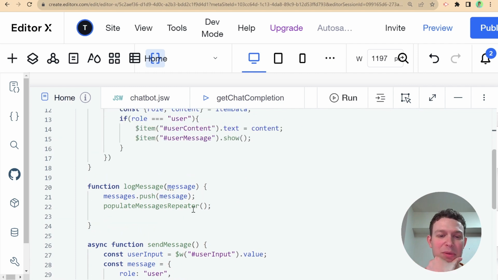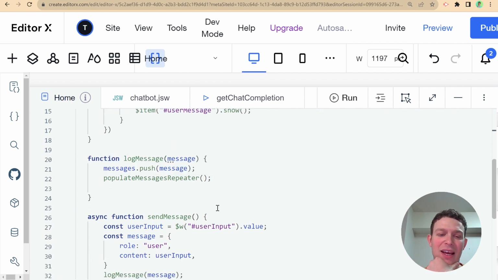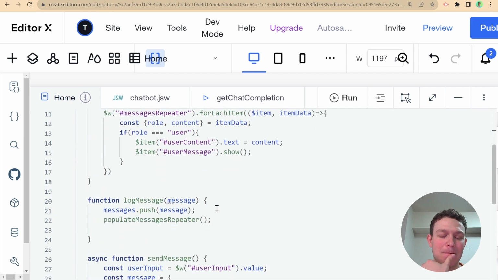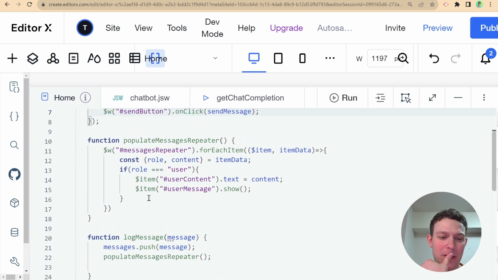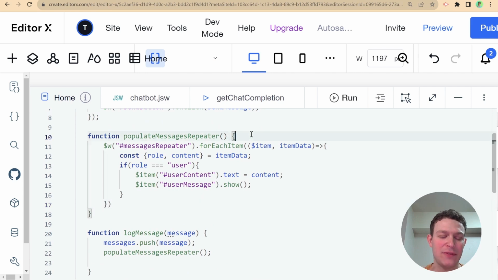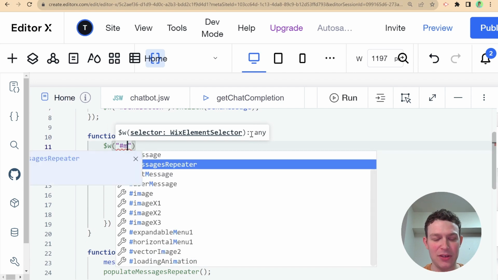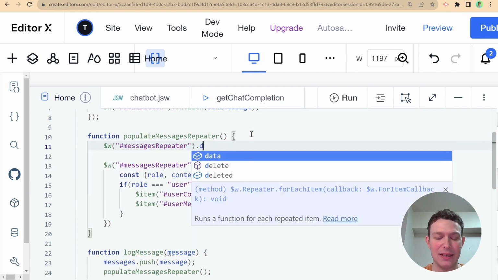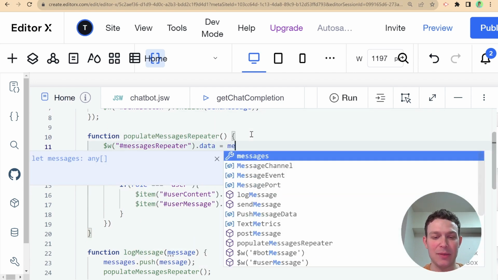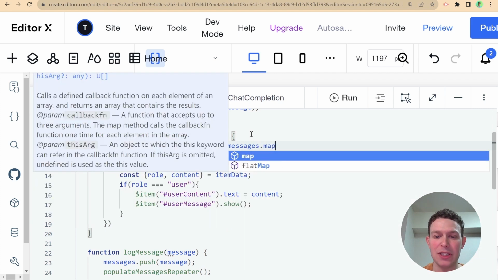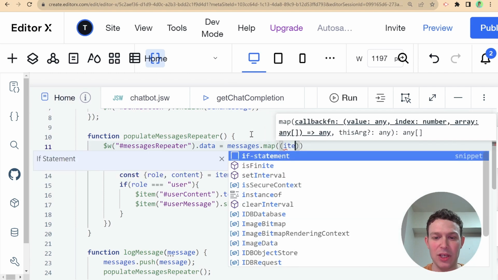So basically, I skipped quite a few steps here. So here, populate repeater. What we're going to do here is first pass data into the repeater. So this is going to be messages repeater dot data, and that's going to be equal to messages. But instead of having it just equal to messages, I'm going to map these messages so that for each message,